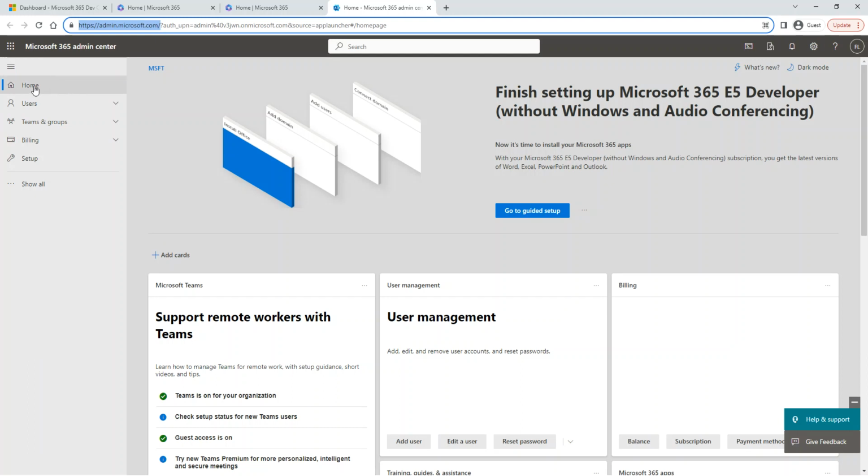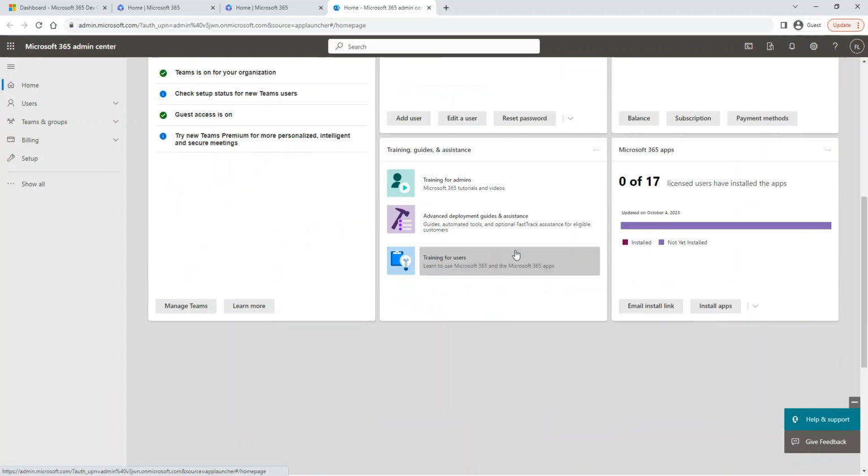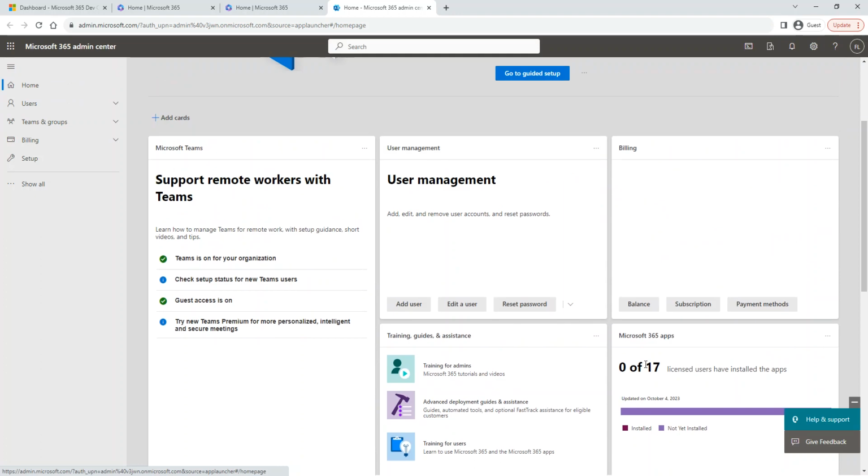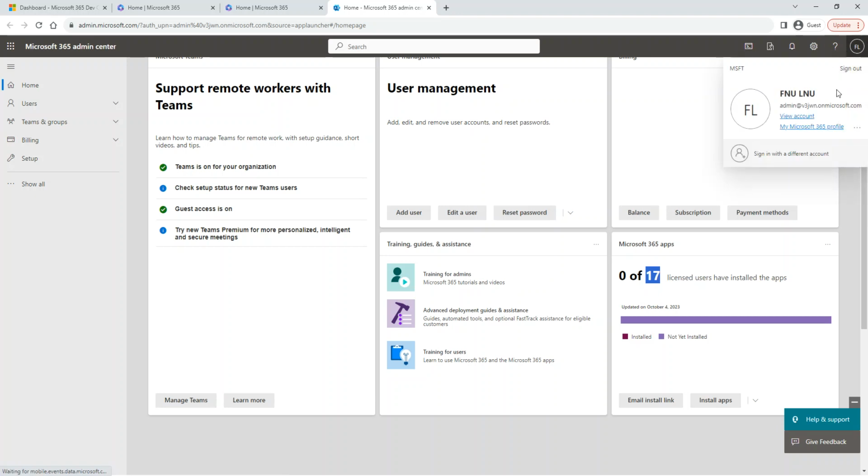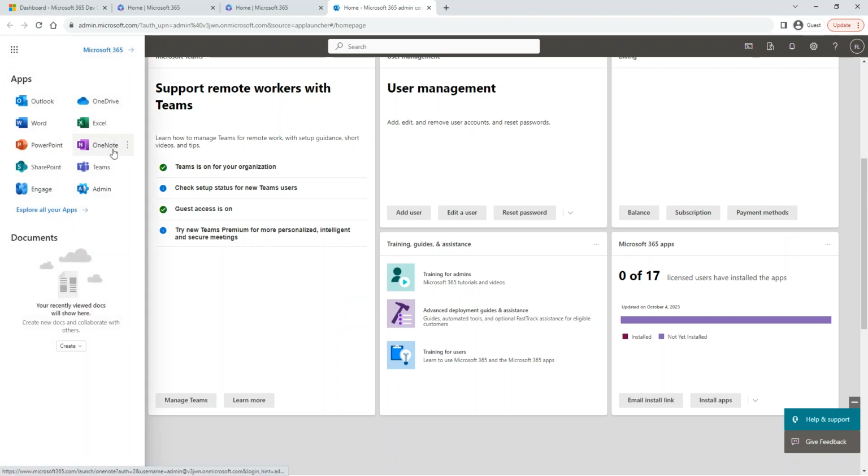So here, I'm going to go through this. That is the home page. When you are on the home page and scroll down, there are things you see here. We have 0 of 17 licensed users have installed apps. It says here, for example, I have 17 users. How come we got 17 users? Because Microsoft created 16 fictitious users, and then Testify added one admin user, for a total of 17 users. All of the 17 users haven't installed any software. When we say software, it includes Microsoft Word, Excel, PowerPoint, OneNote, Teams, all those apps.